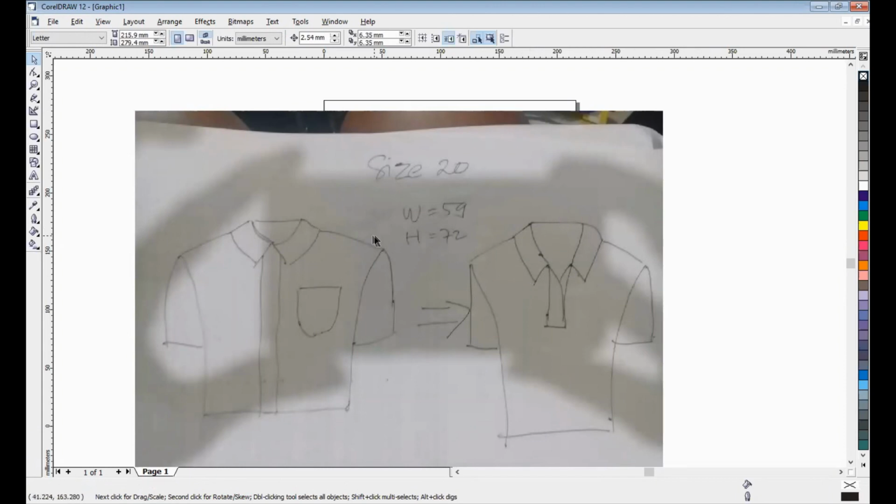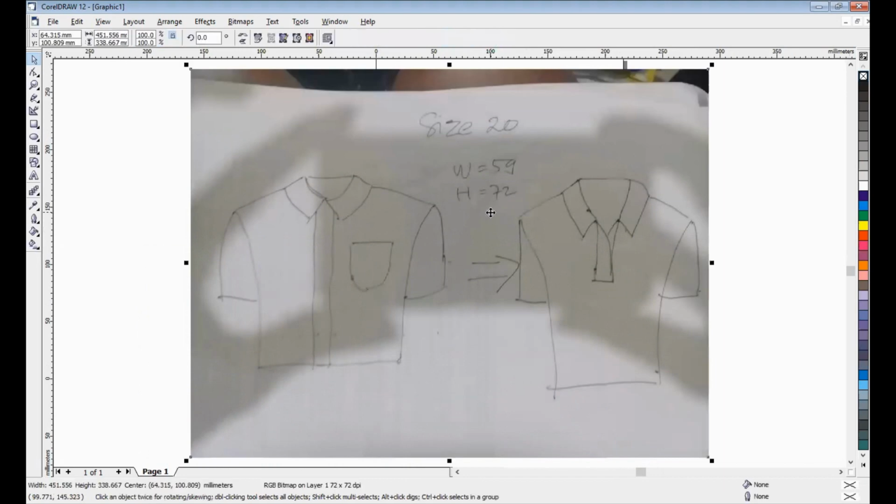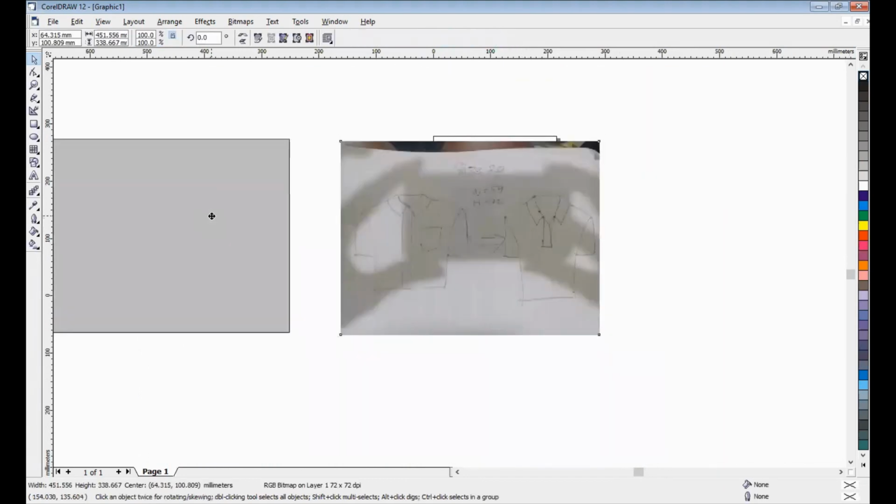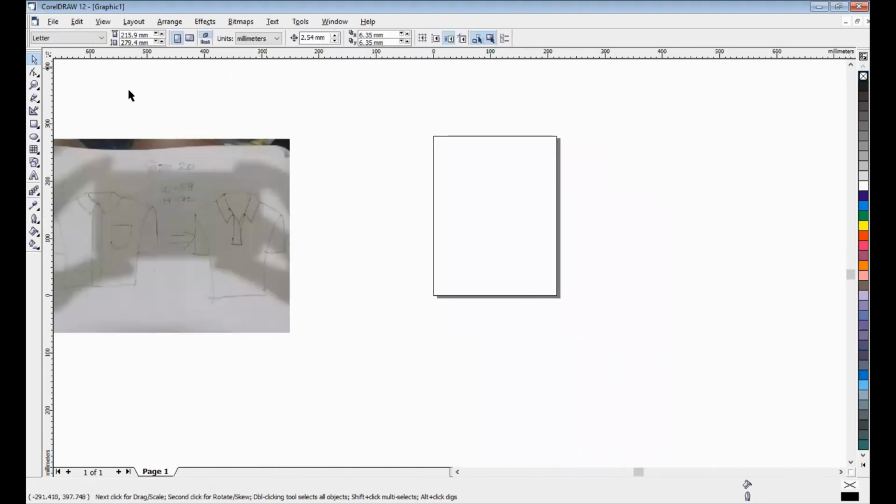Look at this. I have a width of 59 centimeters and a height of 72 centimeters. Okay, let's try to create. I will make a rectangle first.